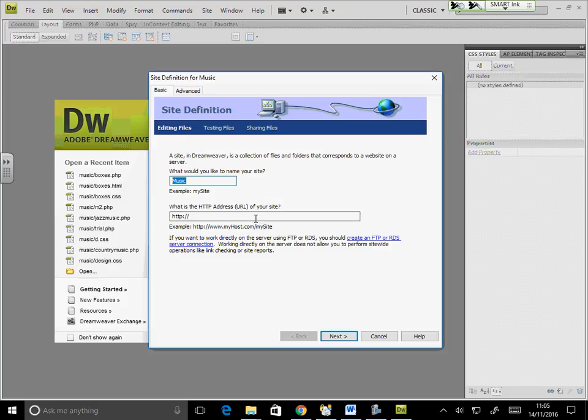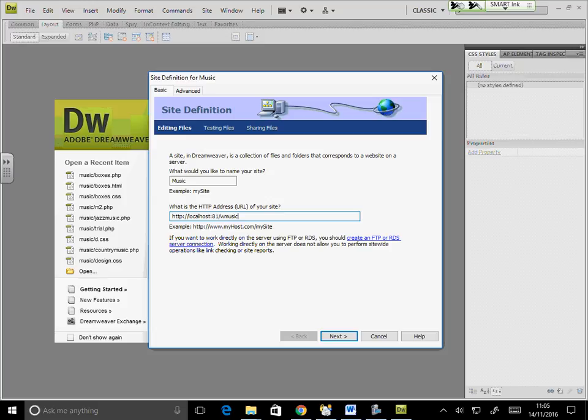This is important. HTTP. Now this is your, what does it say? What is the HTTP address of your site? Which means when I go to browser, how can you access your website? So how will you access your website is localhost 81, because that's how your browser works. For now here, what should be the name? wmusic. No htdocs.